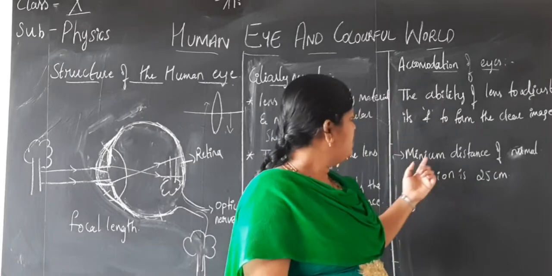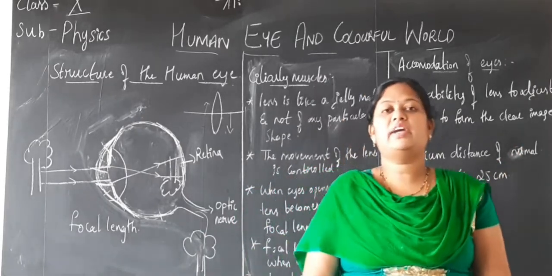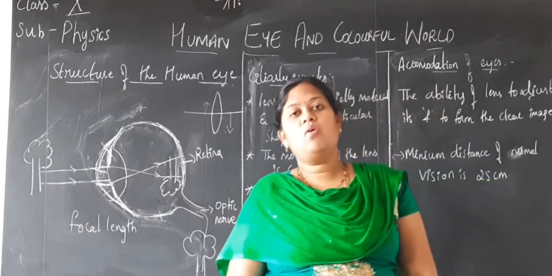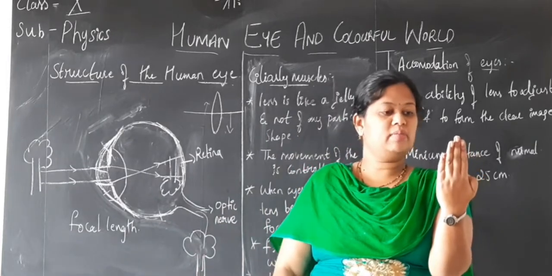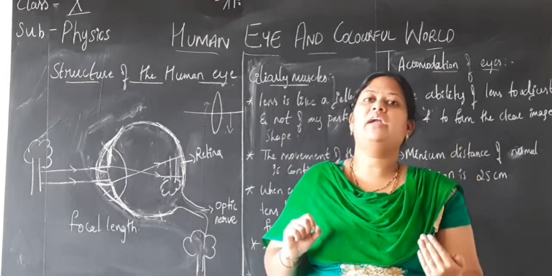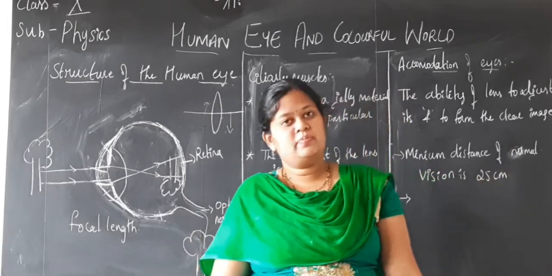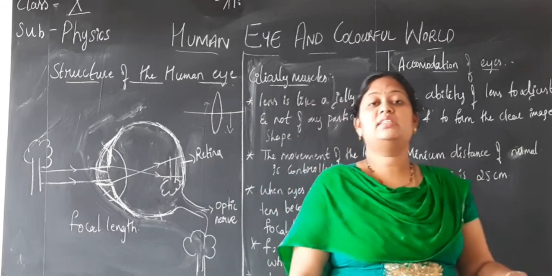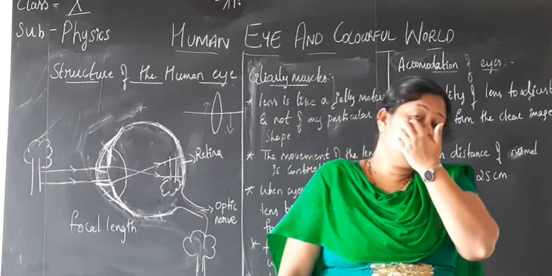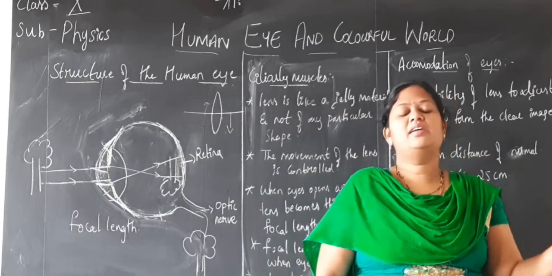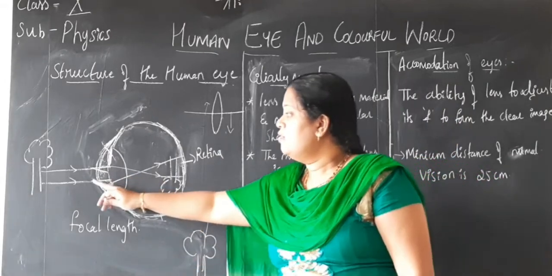So that least distance or normal distance of distinct vision is equal to 25 centimeters. So when a person holds any object or any book at a distance of 25 centimeters, without contracting or expanding the muscles or the lens, he can get a clear view of things. That distance is called the least distance of distinct vision, or even the normal distance of distinct vision, the distance of clear vision. That is equal to 25 centimeters. And one more thing is,